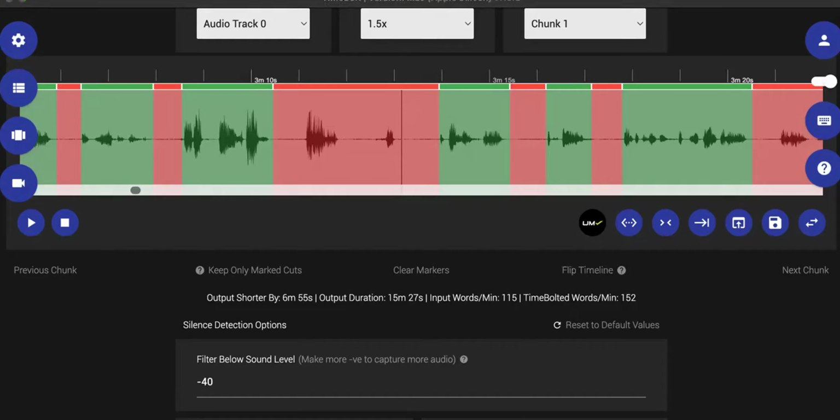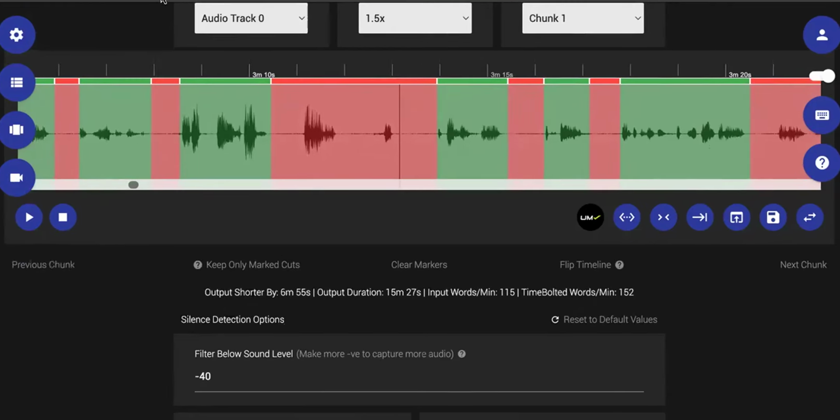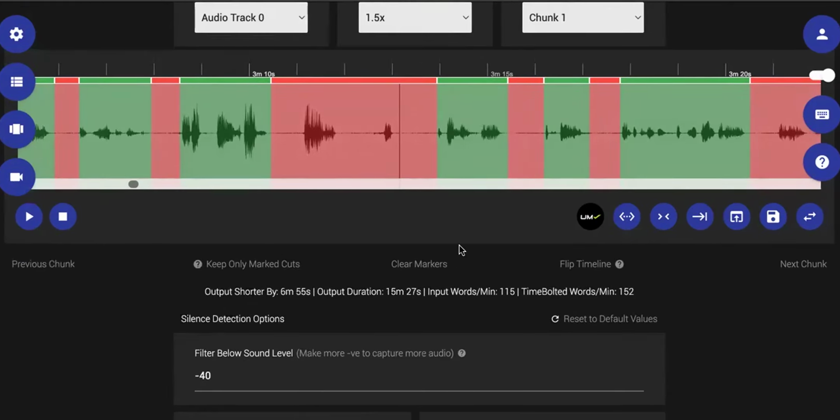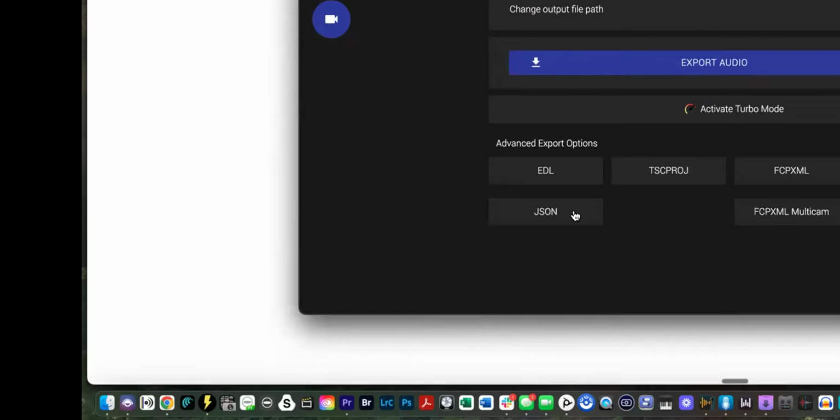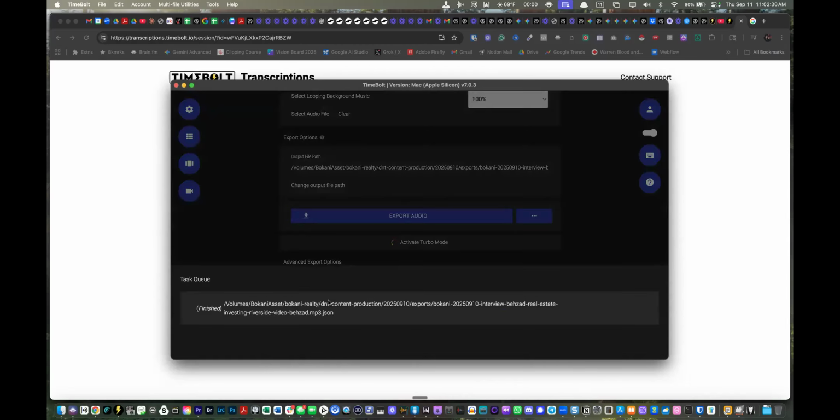Now we want to essentially take these cuts and then apply them to your Premiere Pro timeline, right? So we go ahead and export a JSON file. The way we do that is you go to the bottom and you just hit the JSON button. I think it's over there. Just hit that button and you get a file, which you then will drop into or select from the extension